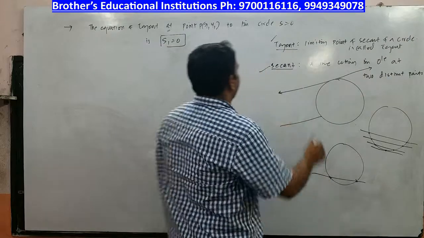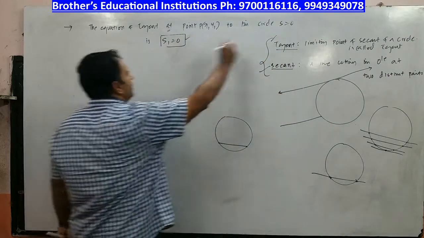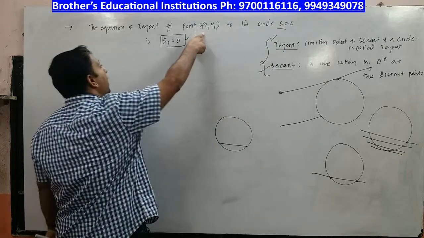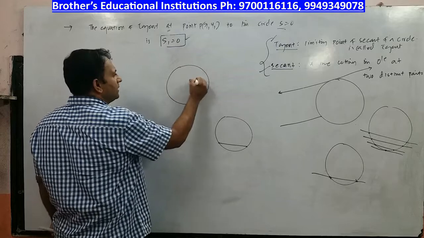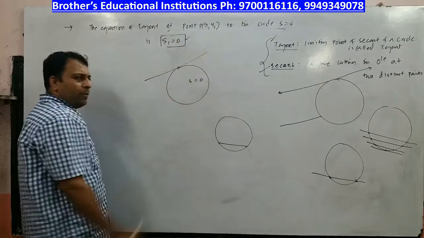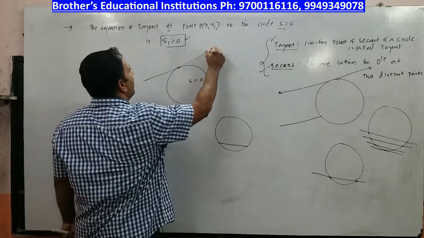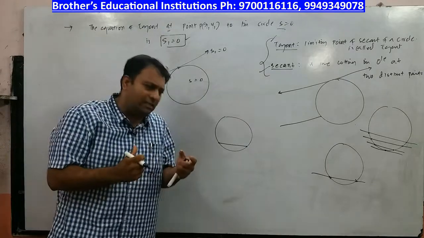That is the correct definition of tangent, and this is the equation of tangent when the circle equation is given to you and the point is given to you. Remember, I have told you at point. What do you mean by that? There is a circle S equal to 0. At this point, if I want to find the equation of the tangent, I will say it is S1 equal to 0. Now you may ask me, sir, why are you stressing so much on at this point?